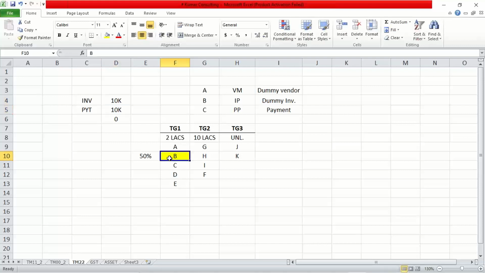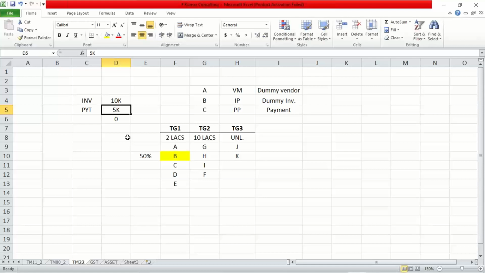Now, here what happened, B is saying that instead of 10K, you just do one thing, you pay 5K only, and still I'm going to make this zero. 10K worth of invoice and payment we have received 5K only. How is it going to be zero? At the time of posting this payment, we will choose a 50% discount. In that case, only 5K payment we can receive. We have received 5K payment, and the remaining 5K, since we have given the discount, B has posted a discount